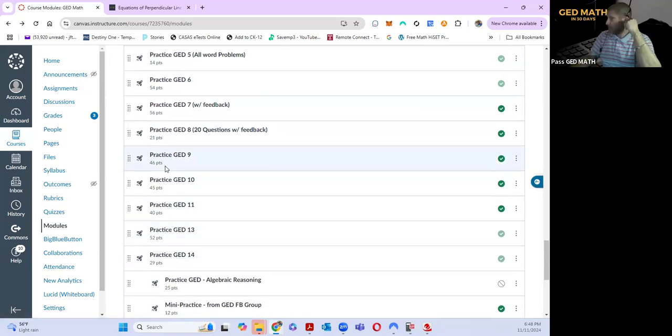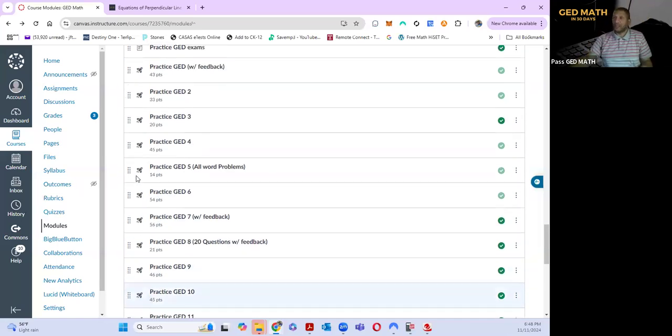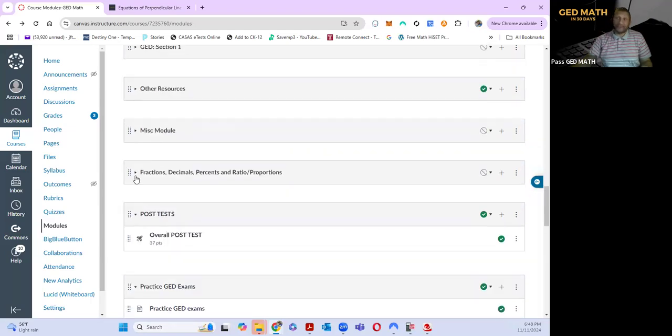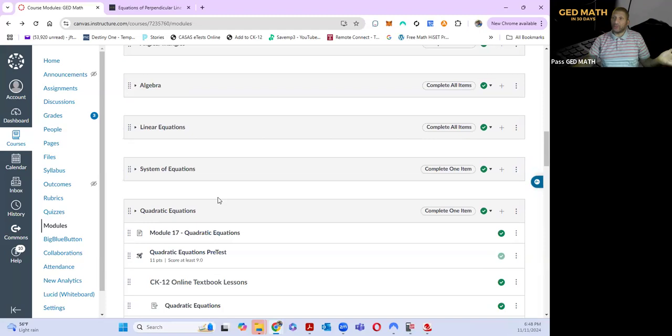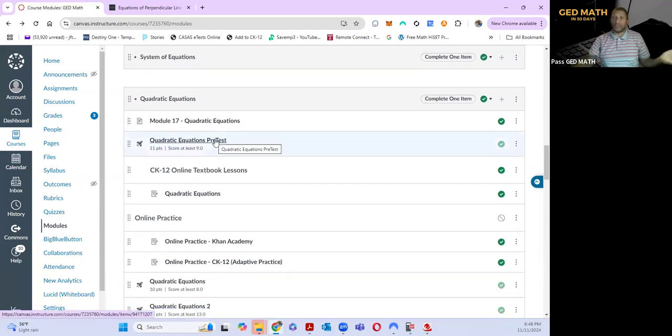And my GED test, so most people, when they take my practice GEDs, once they score over 60 consistently, they go on exam and pass it easily. Okay, so these are all the things. Look, I got all, listen, quadratic equations. There's your pretest. If you don't know how to do something, if you don't understand, have to go to class,